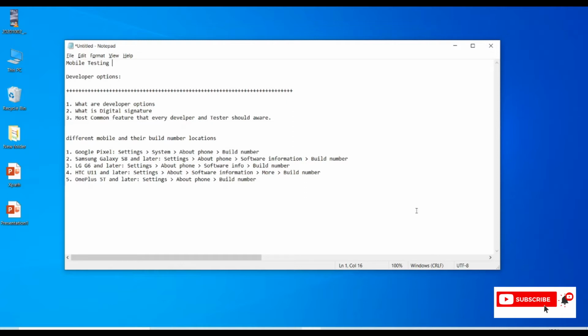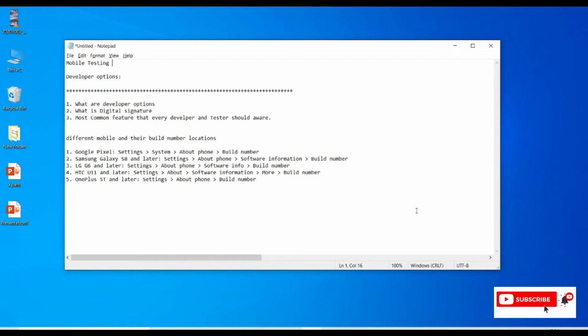Developer options are needed because whenever we are developing an application, during our development cycle or testing cycle, we need to install that application onto a mobile device. There are many different ways to install applications onto a mobile device, but one of the most used ways is a USB cable. Using USB, a developer can run the application in Android Studio, and the application will install directly onto our mobile device. This can be achieved when we have developer options enabled, and under developer options we have an option called USB debugging.